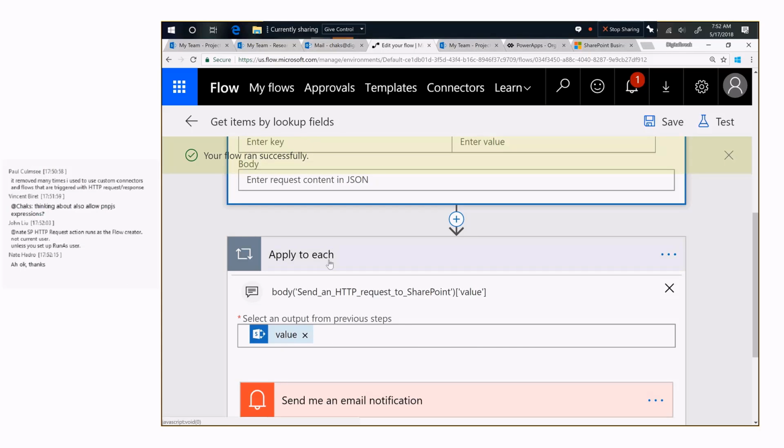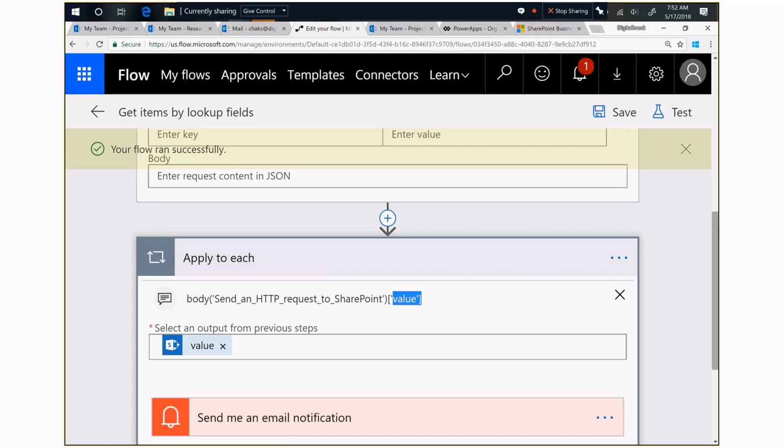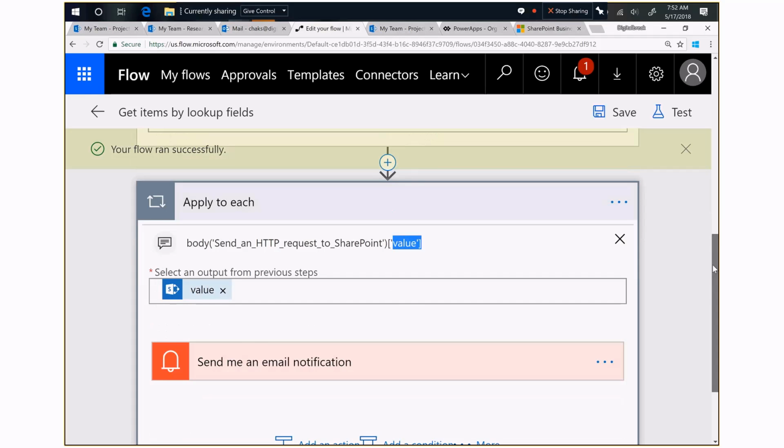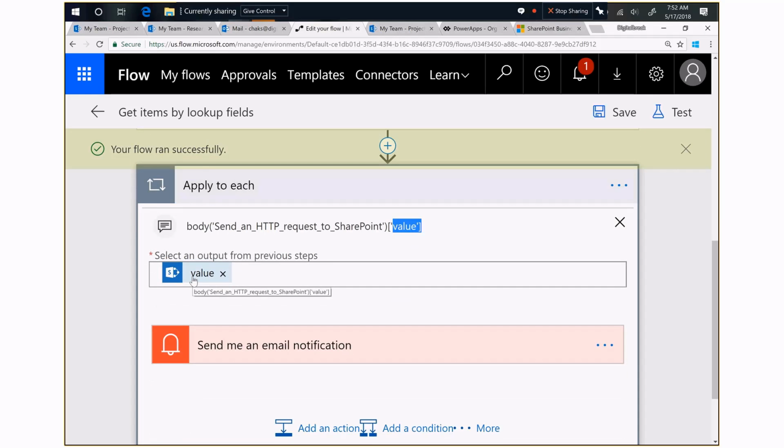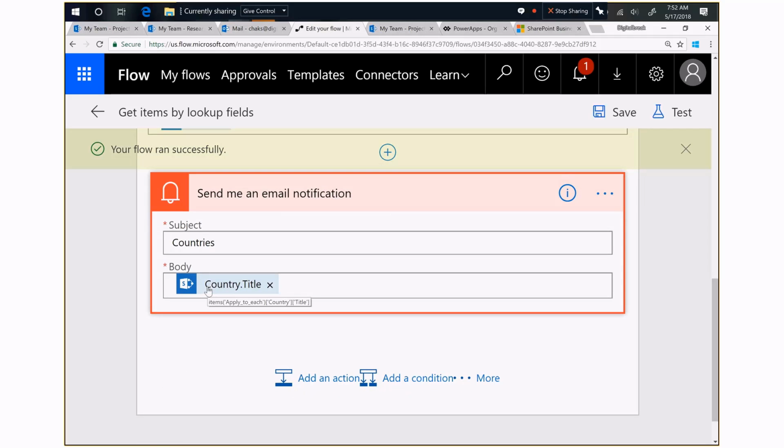So if you add apply to each, because we want to traverse through the value array, you can say body of send an HTTP action name and then the value. So that will give you the array. So since it's an array, I can do apply to each, and inside the array, you can see now I'm saying, here it is. And I'm sending an email which says items apply to each,